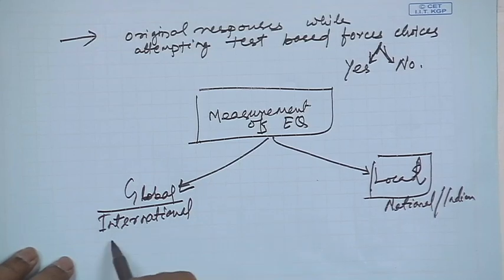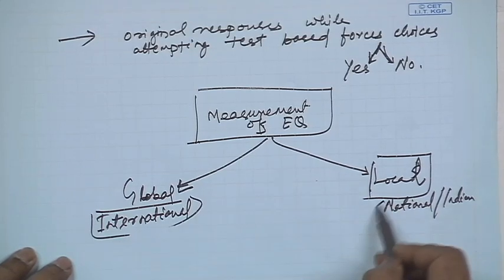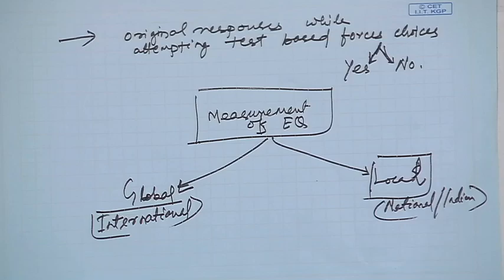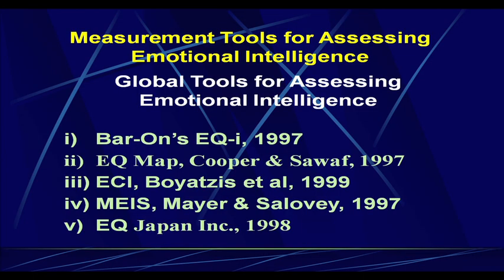In the history of EQ test assessments, we have seen that nowadays a large number of global tests are available, such as I have just gathered a few of them, but nowadays there are many more that have come up and been published in scientific journals, books and magazines. So, I have just documented 4 or 5 important global measures.